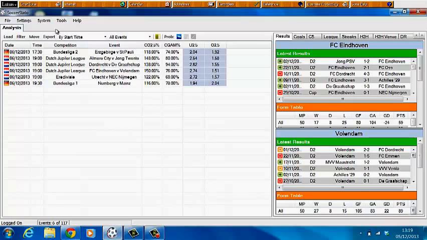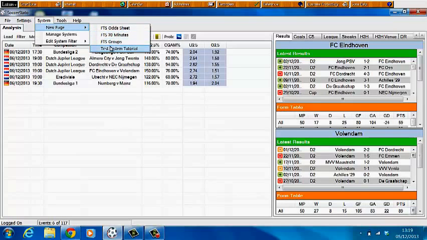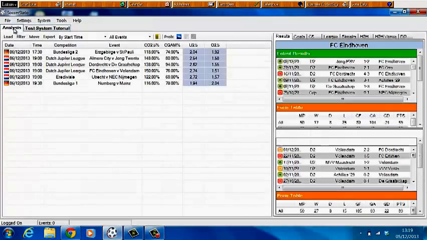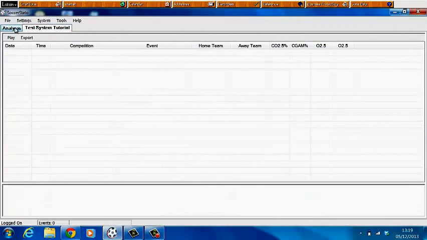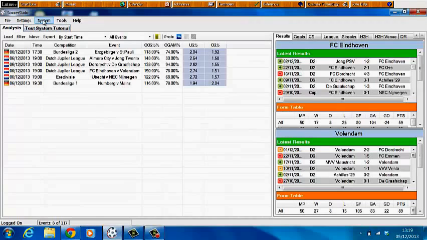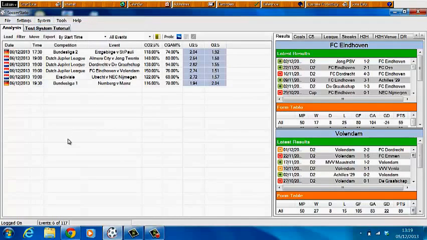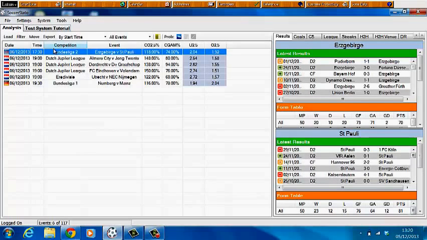If I have multiple systems, all I can do here is system new page. This is my test system tutorial. I click that, and now you can see next to my analysis tab I've got a test system tutorial page. So I've got a blank page and my analysis tab. How did I get that? System new page, and I added the test system tutorial. What I want to do is take these games, I don't want to lose them, so I highlight them all,